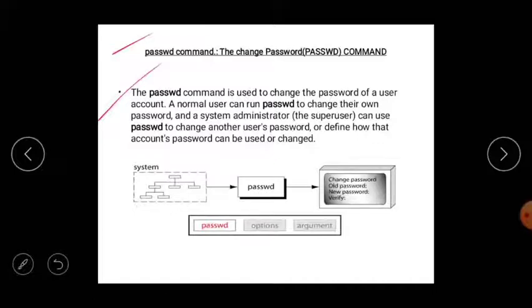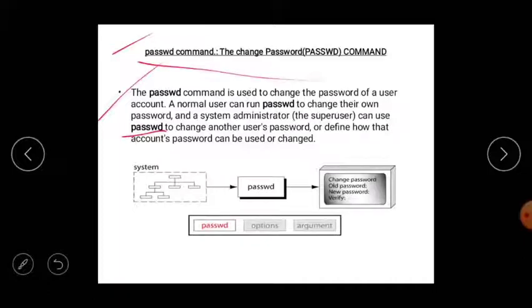A normal user can run passwd to change their own password, and the system administrator, the super user, can use passwd to change other users' passwords or define how that account password can be used or changed. The simple agenda of the passwd command is to change the password.